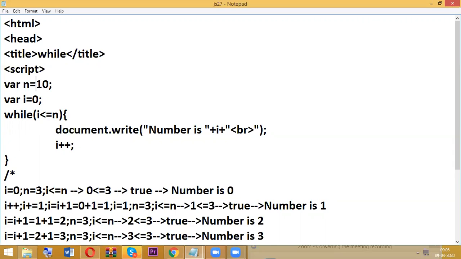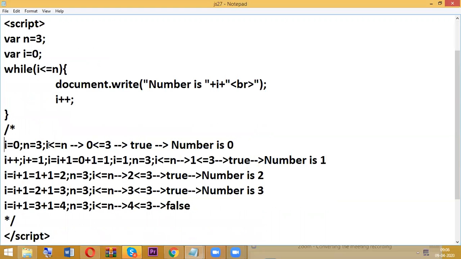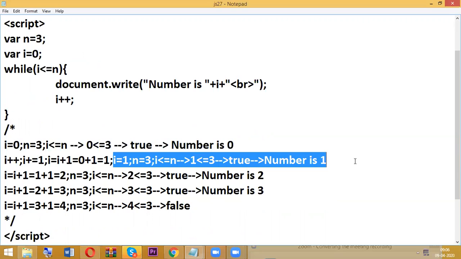Assume that n value is 3. Whenever i value is 0, n value is 3, so the condition is true, and the number is 0. In the next case, i value will become 1, n value is 3, the condition is true, number is 1.